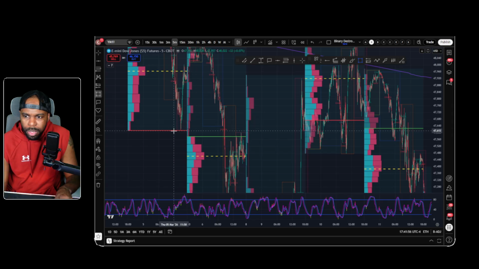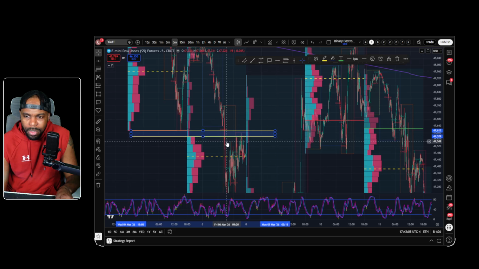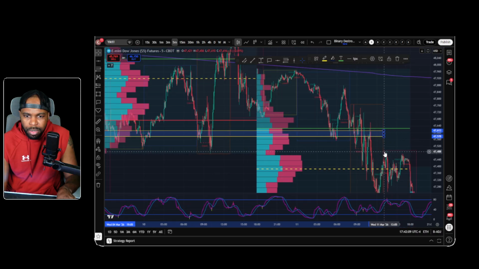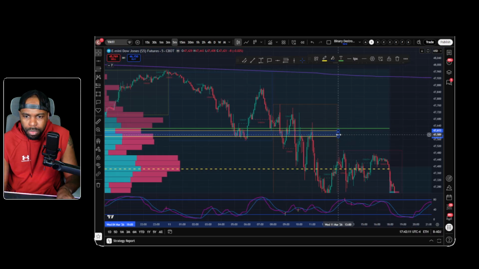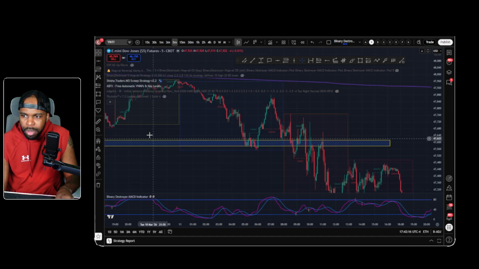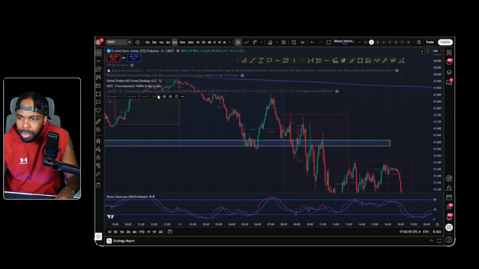So what we could have did was we could have used this value area low, this red line right here, and then from that day, you bring it down to the value area high from this day here, and drag it into the session that you're going to be trading in. Okay, in this case, we're trading in a London session. We can take that off since we already got our zone there, and then now we can turn on pip